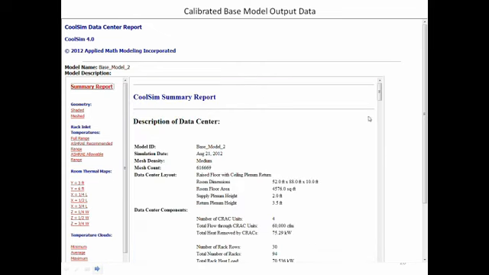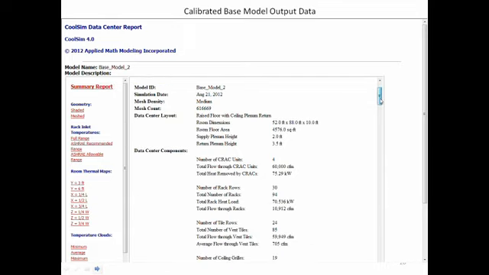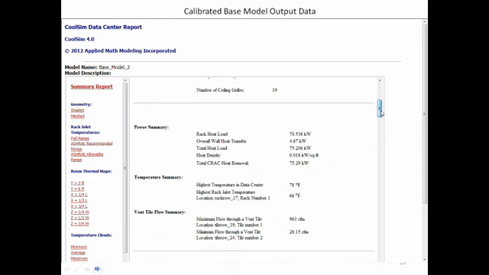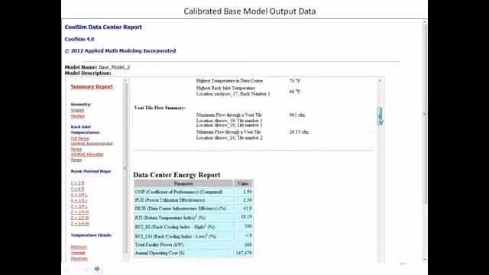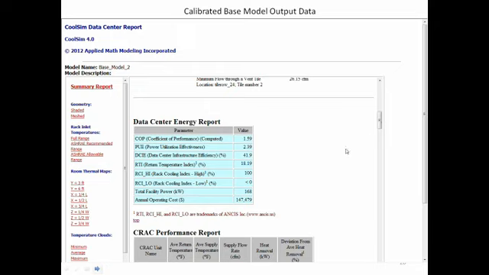Now, let's take a look at the summary report. By the way, this is what a set of CoolSim output looks like in version 4. I'm showing you the entire set. This is exactly the way it comes back to the user. And you notice I'm showing this to you inside PowerPoint, which you can do as well as a user. The results of a CoolSim run don't live exclusively inside of CoolSim. You can export the entire set of output for any run and view it using a standard browser, put it into PowerPoint, make 3D images out of it, share it with your friends and family, put it on Facebook, whatever you like. But one of the key features we've added in version 4 is the data center energy